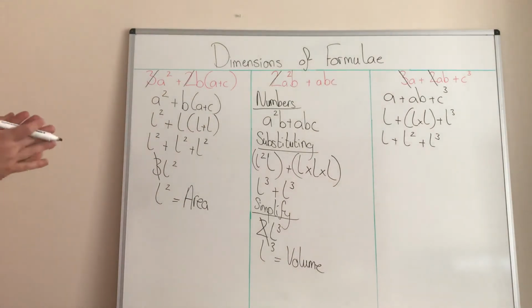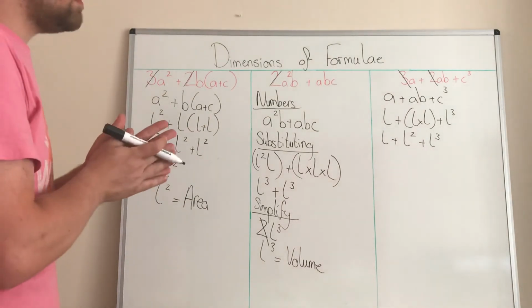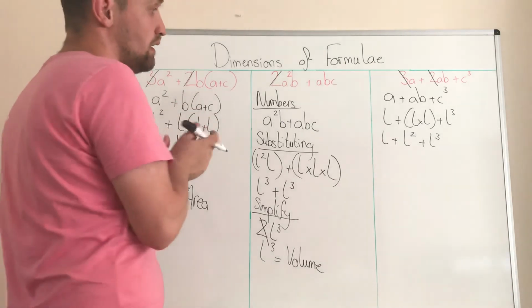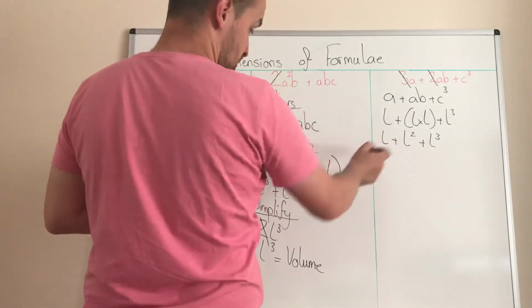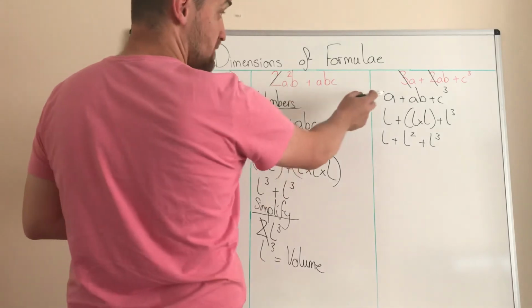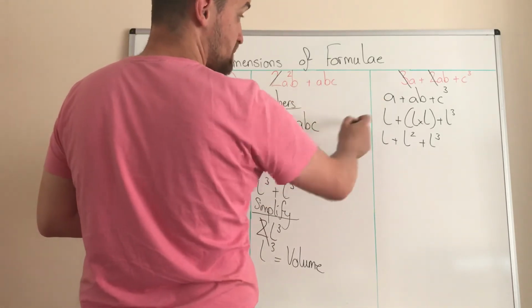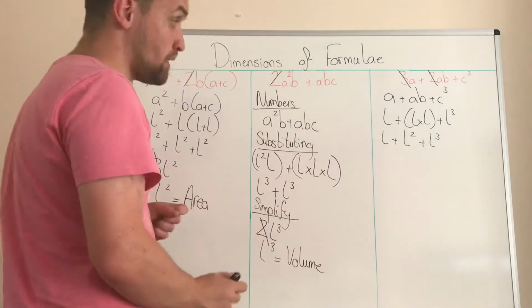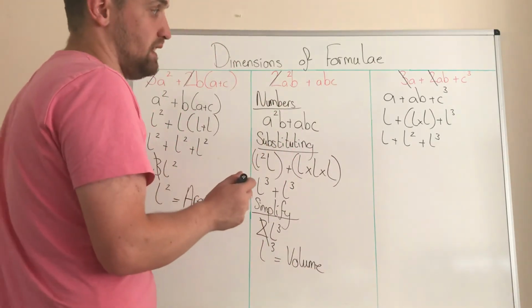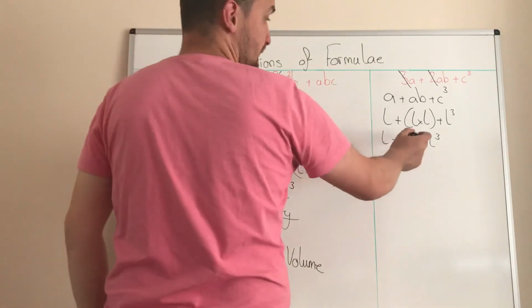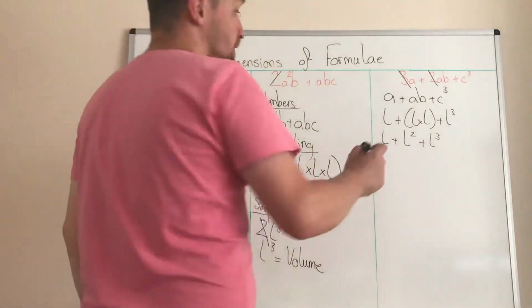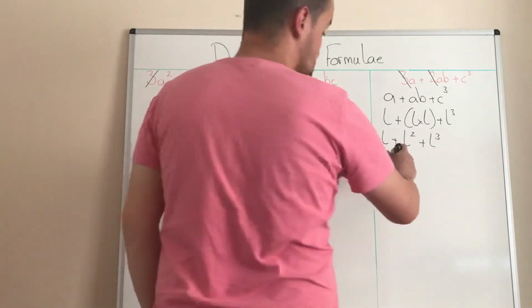This one is slightly different at this point. Why is it slightly different? At this point we'd simplify it. We got rid of the numbers, we've substituted the letters, and now we come to the stage of simplifying it. But you can't simplify that because you've got an L squared and an L cubed. So what we say is it's not